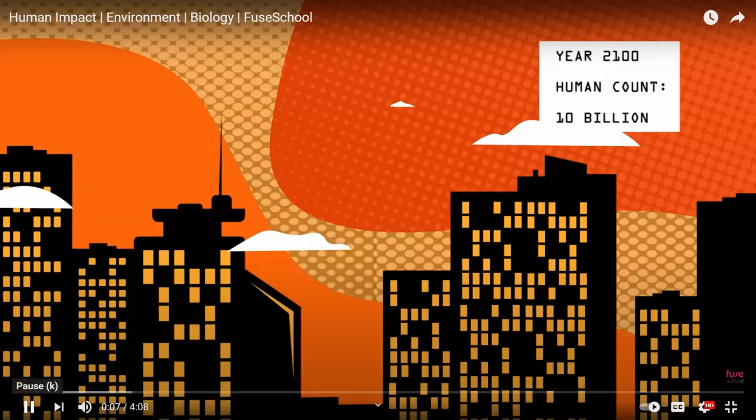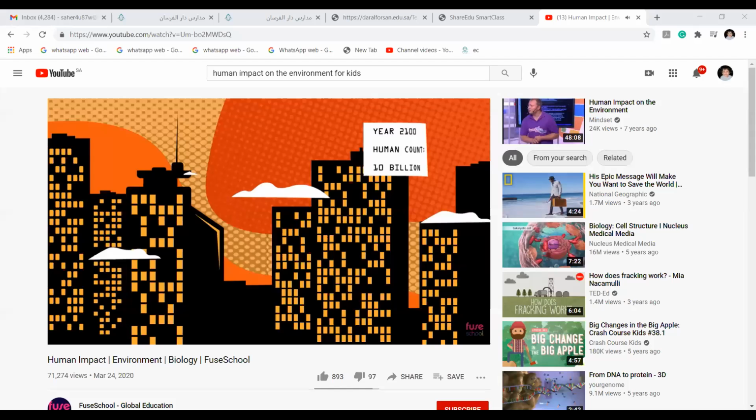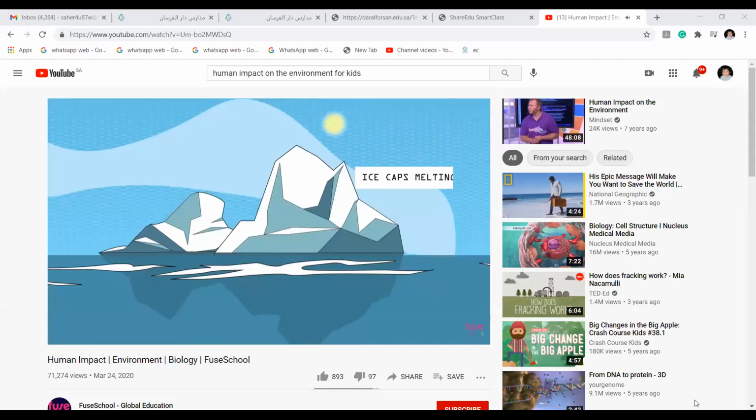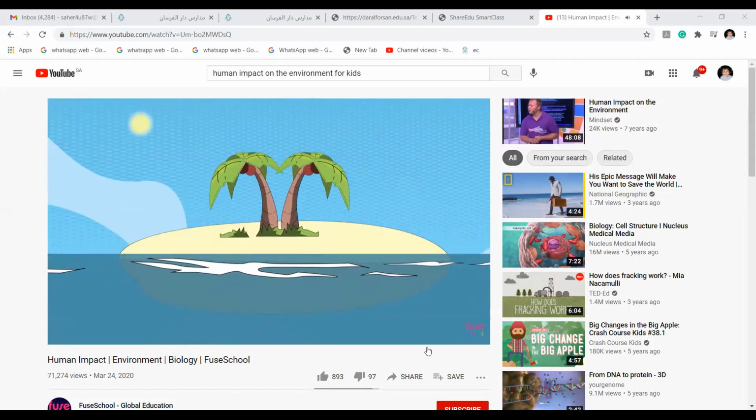The year is 2100. Human population has reached 10 billion. As temperature rises and ice caps continue to melt, rising sea levels have caused huge swaths of land to be